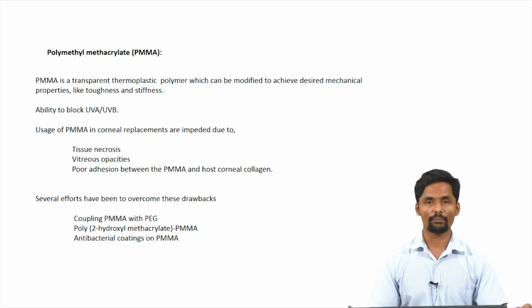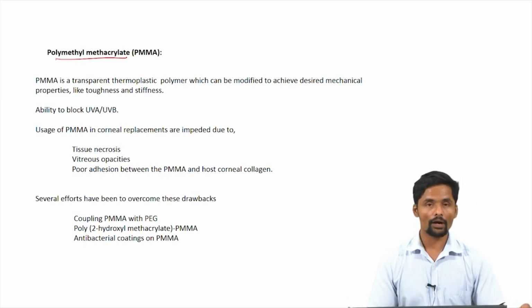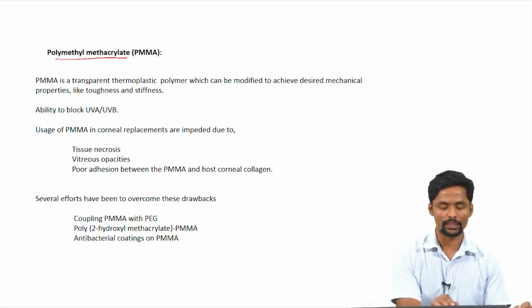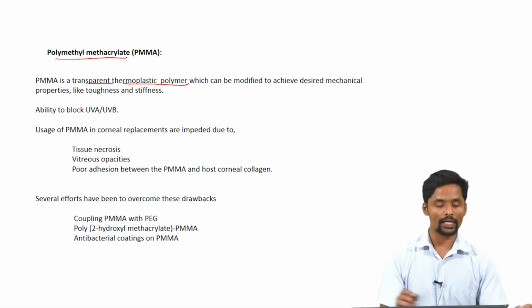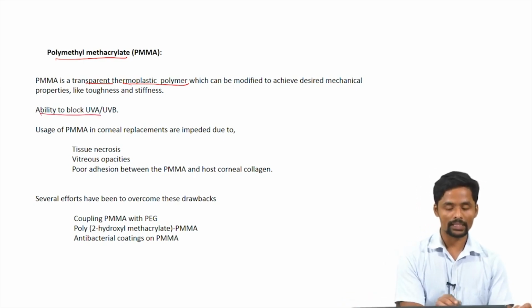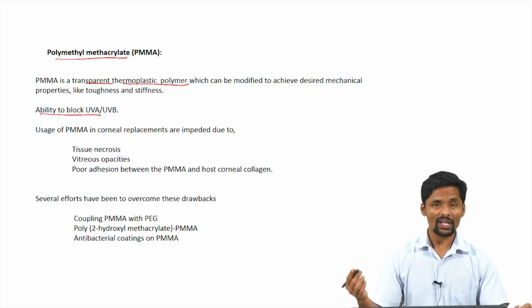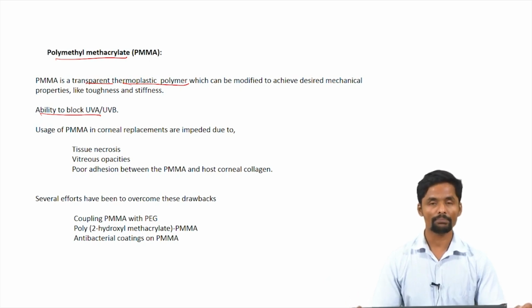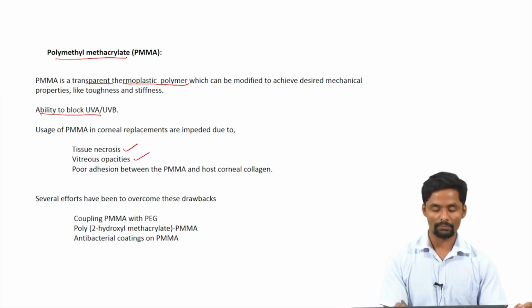The predominantly widely used synthetic polymer for corneal tissue engineering is polymethyl methacrylate. Polymethyl methacrylate is a transparent thermoplastic polymer which can be modified to achieve the required mechanical properties like toughness and stiffness. And PMMA has the ability to block UV light, hence it is more suited for corneal tissue engineering. However, the usage of PMMA is impeded due to tissue necrosis, vitreous opacities and poor adhesion between the PMMA and